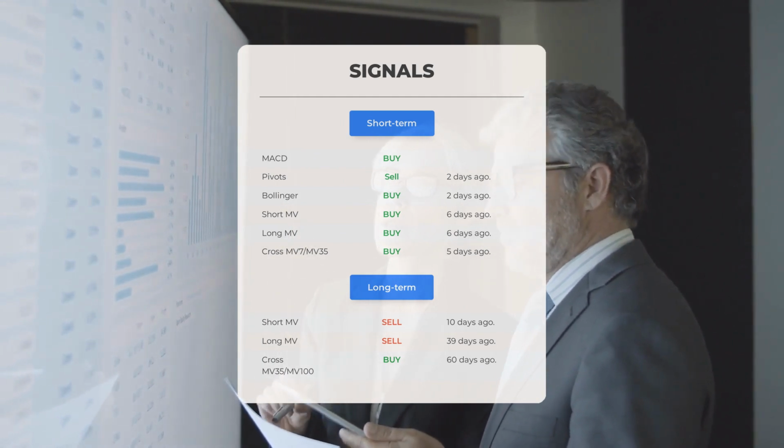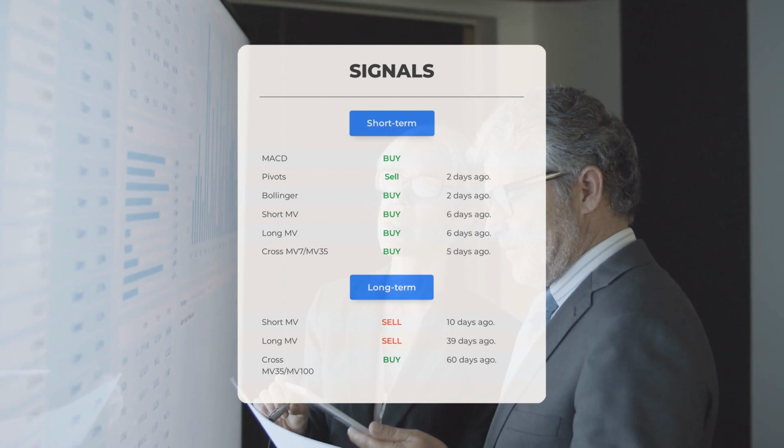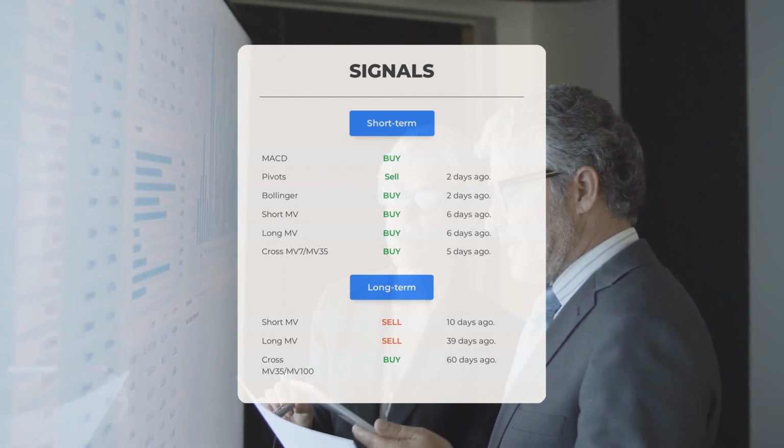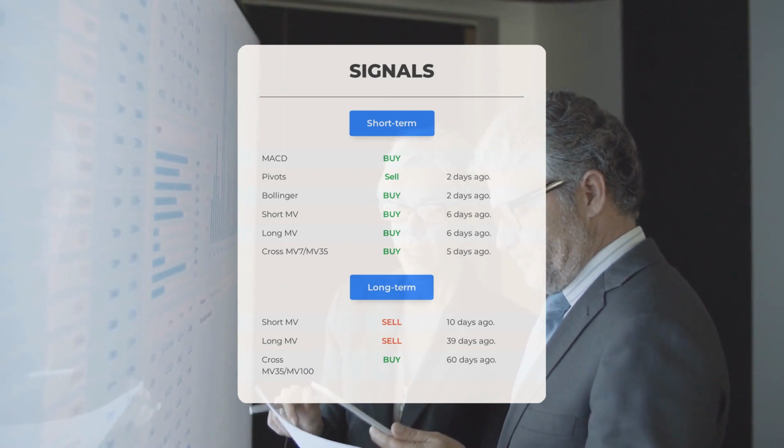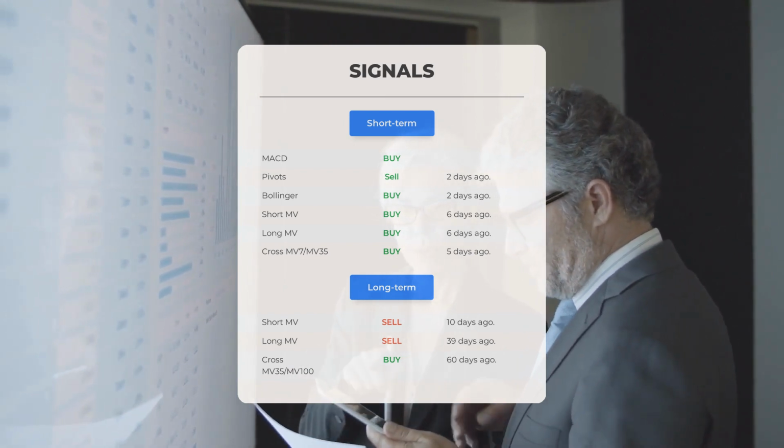If we look at the 12-month chart, we can see that the short moving average had a sell signal 10 days ago, suggesting a potential reversal. The long-term moving average also had a sell signal 39 days ago, highlighting a downward trend. However, the relation between the short and long moving averages showed a buy signal 60 days ago, indicating a previous